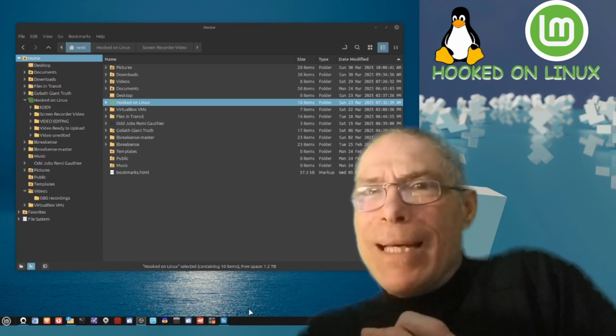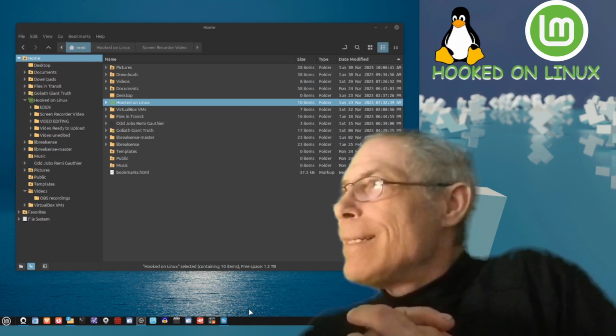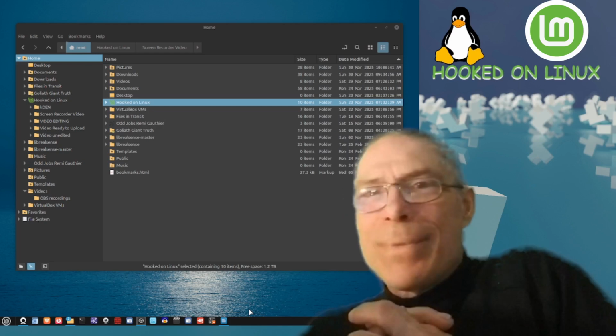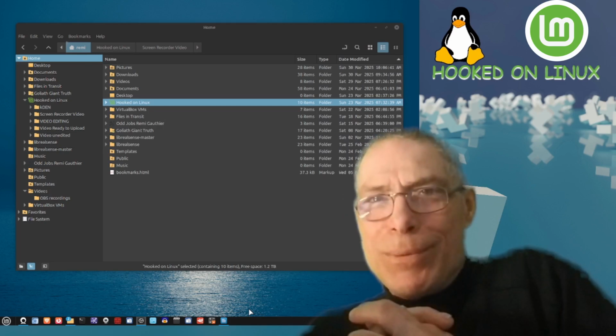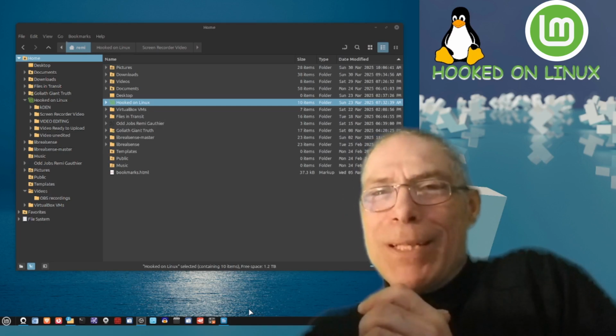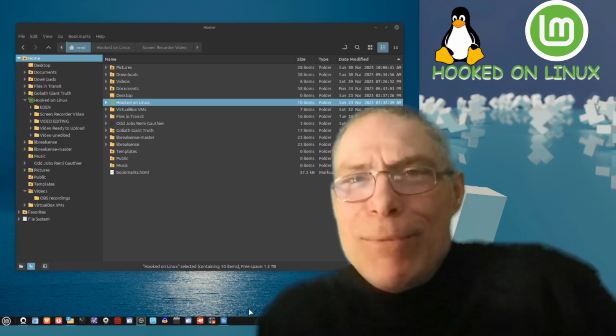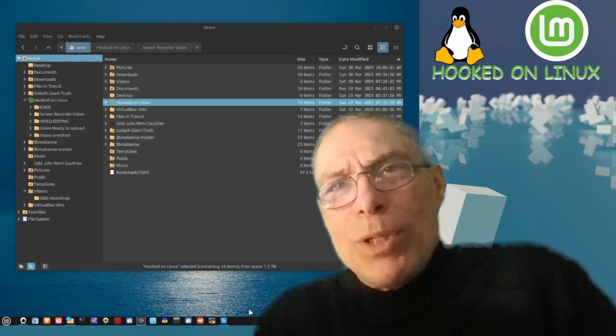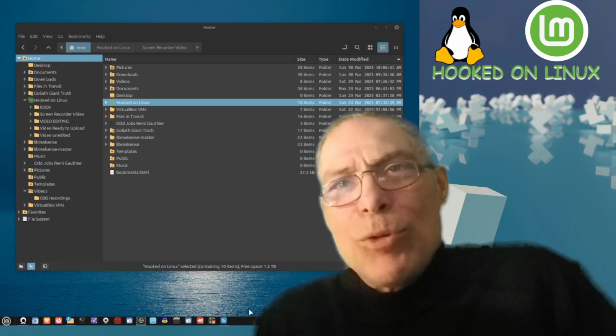Anyway, I think I've used enough of our time today going over some of the stuff with Linux Mint. I like Linux Mint. I think everybody should start out with Linux Mint, because it's going to give you the least amount of transition time going from Windows to the free and open environment that Linux has.